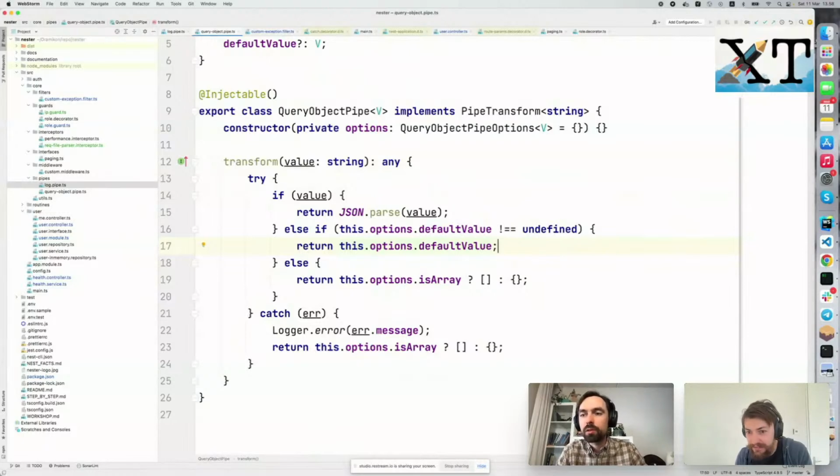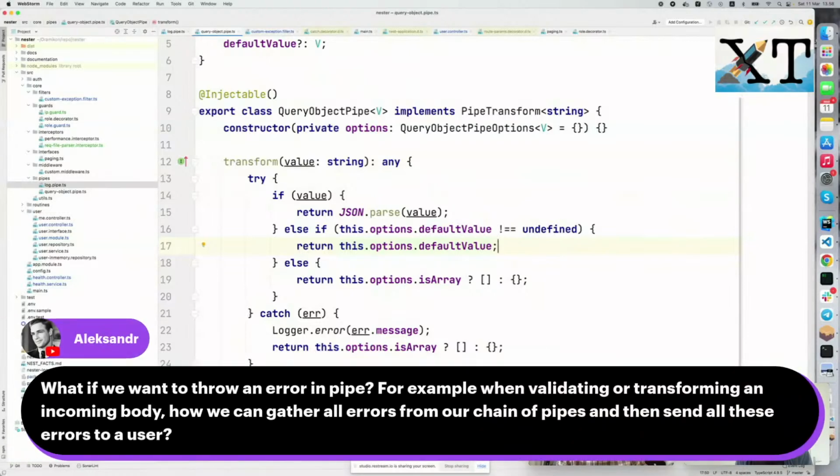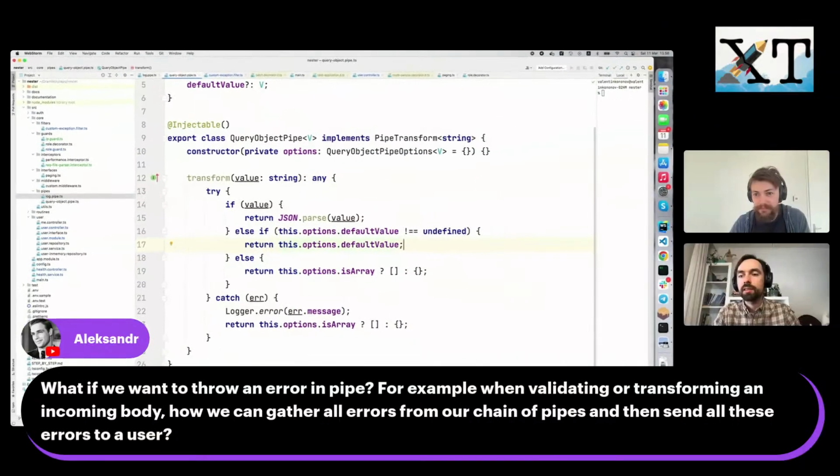So what if we want to throw an error in a pipe? For example, when validating. How can we gather all errors from our chain of pipes and then send all of these errors to users? Without using... I was just about to say you can use class validators. But okay, if you don't want to use the class validators and you have several pipes,